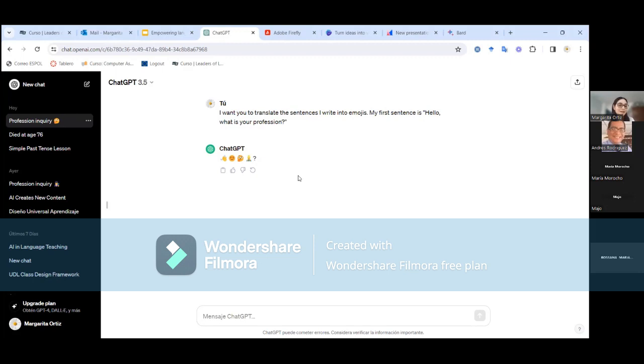It could be an icebreaker. It could be something to finish the class. And then your students, they can write down either in pairs, in groups, whole class activity, individually. They can write down, okay? Another thing that could happen as well, maybe for homework, is that your students, maybe they have to write a